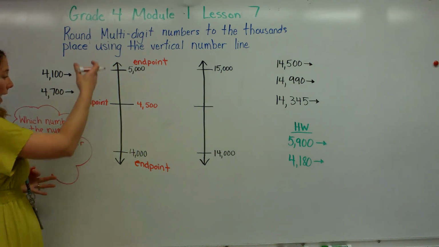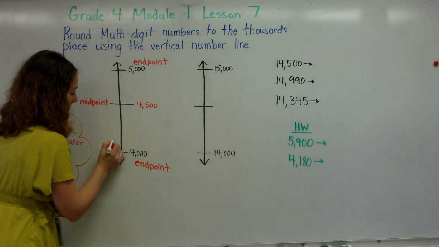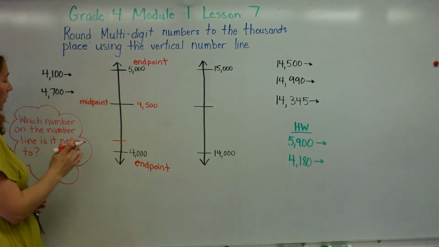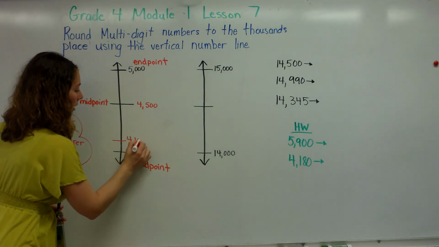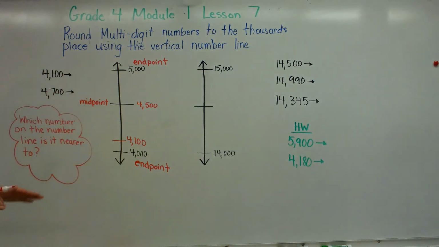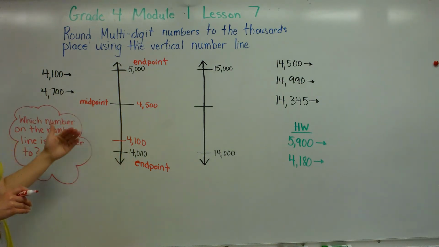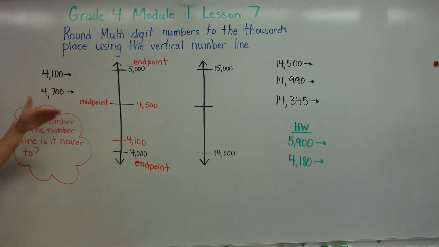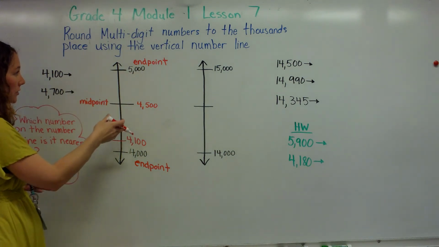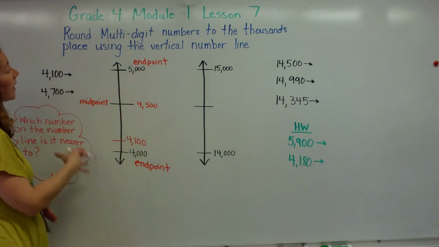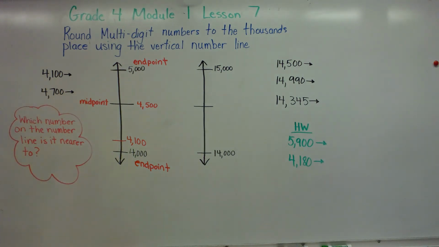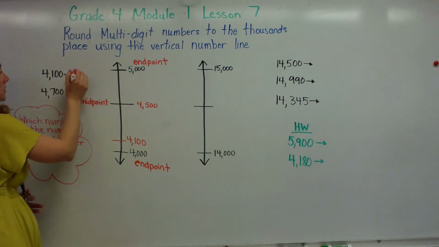So I'm going to look at my line, and I'm going to make a best guess where I think it would go. Now, 4,100 is only 100 more than 4,000. Therefore, I put it slightly above our 4,000 endpoint. Now I have to ask myself, which number on the number line is my number nearer to? So 4,100 is nearer to or closer to 4,000 than it is to 5,000. Therefore, when I'm rounding to my thousands place, 4,100 rounds to